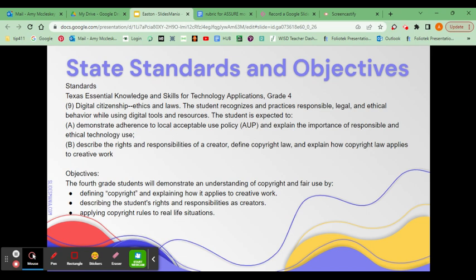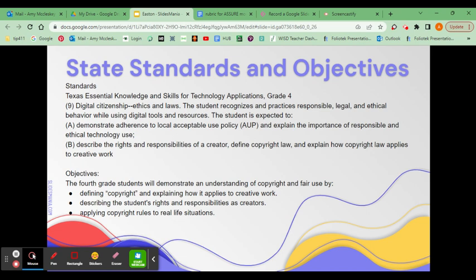The student is expected to A. Demonstrate adherence to Local Acceptable Use Policy, AUP, and explain the importance of responsible and ethical technology use. And B. Describe the rights and responsibilities of a creator, define copyright law, and explain how copyright law applies to